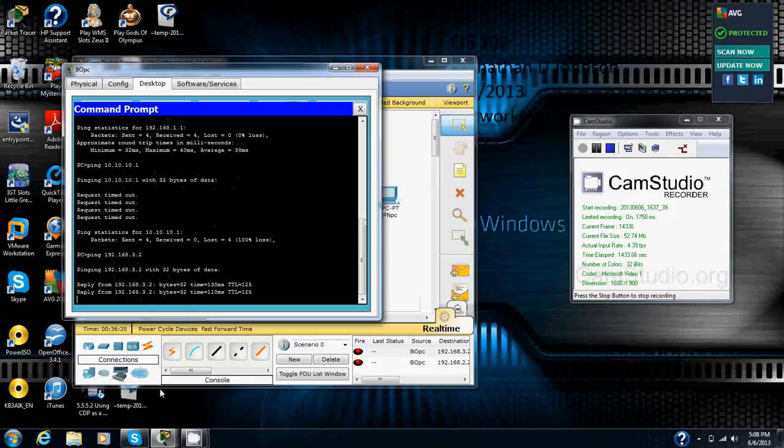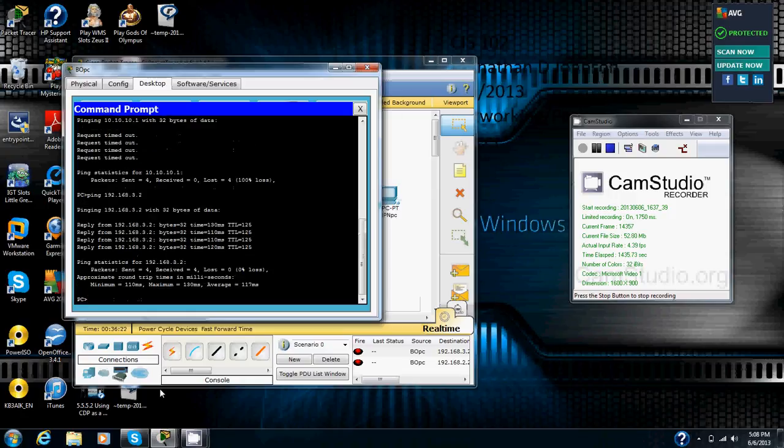So we sent 4 packets, received 4 packets, lost none. So that one's successful, how it should be. That's verifying that the static routes are configured properly. So now we're going to ping